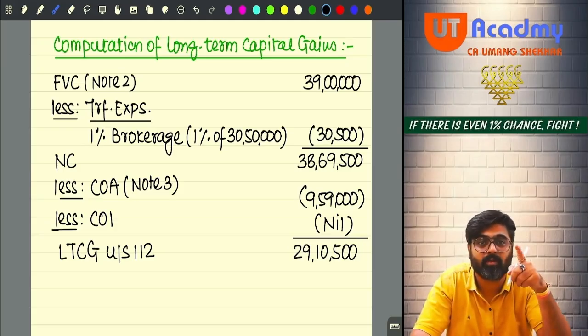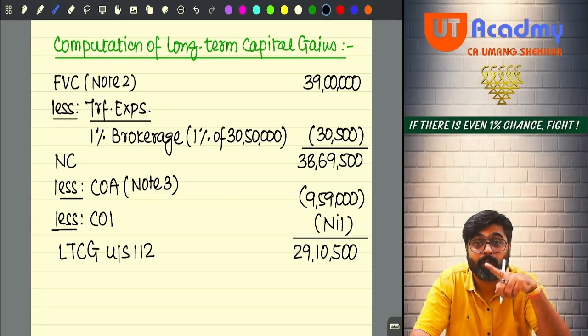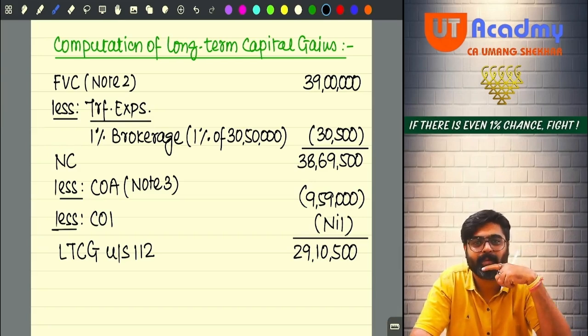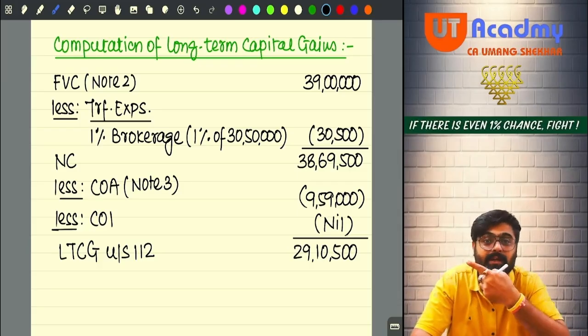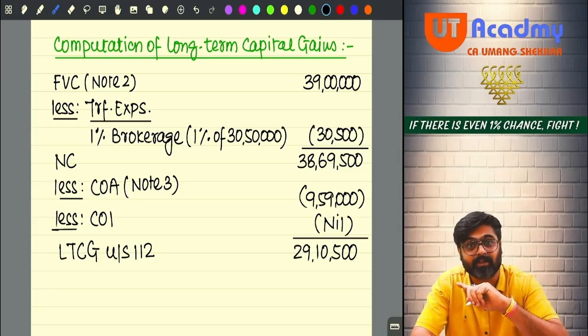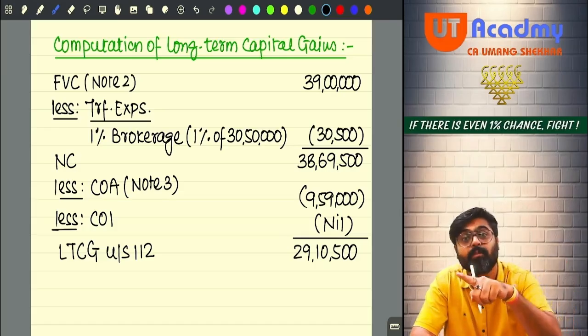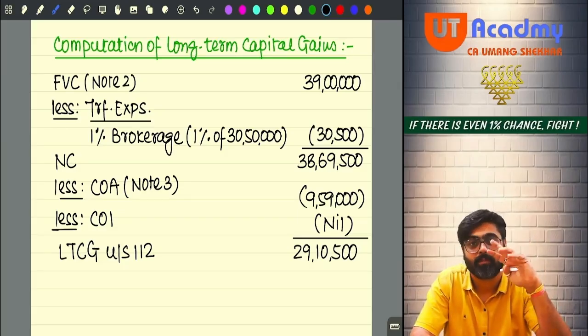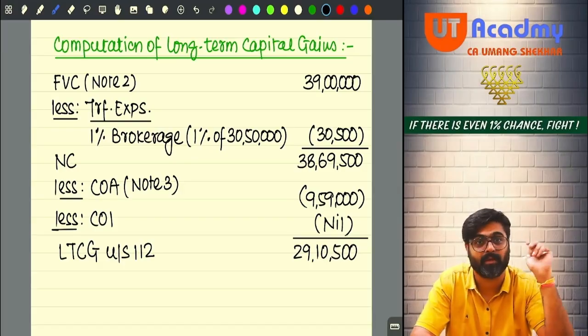On this you are supposed to pay how much tax? 12.5%. Do you remember? Are you an individual? Yes. Are you a resident? Yes. Are you transferring an immobile property? Yes. So whatever tax you calculate on this gain at 12.5%, you will have to compare that tax with the long term gain with indexation, on which you will apply 20%. Whichever is more beneficial for you, pay that. But to do that, we'll have to again recompute the capital gains.